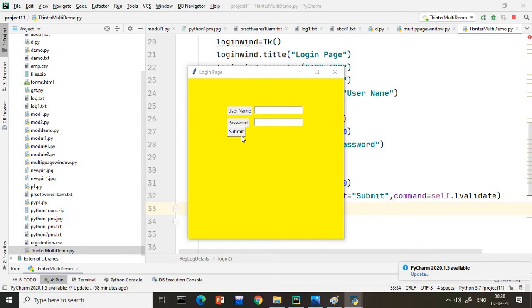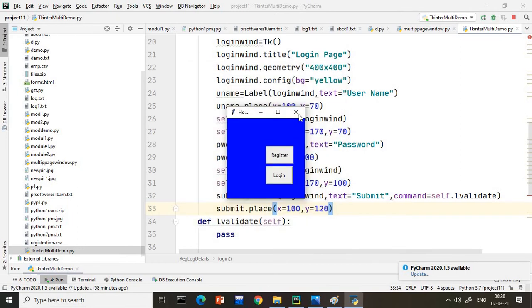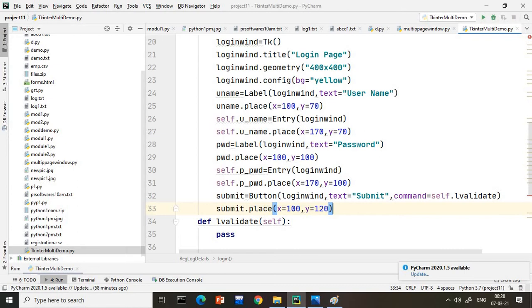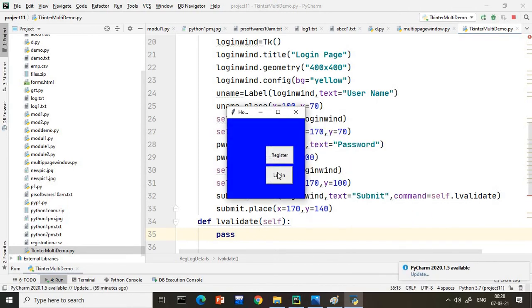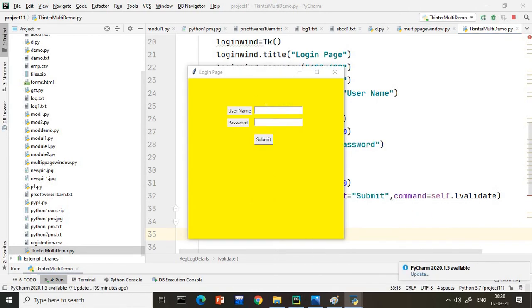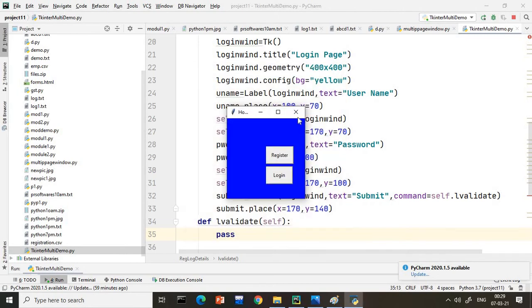Yes, submit is looking a little odd because it is coming just below this one. So I will change the position of submit. I will take the x-axis to 170, just below that entry box, and this I will take to 140. Now I hope a very perfect login page will be created. Yes. Now the thing is, here actually the title is missing. Because if we enter login details, it will look better.